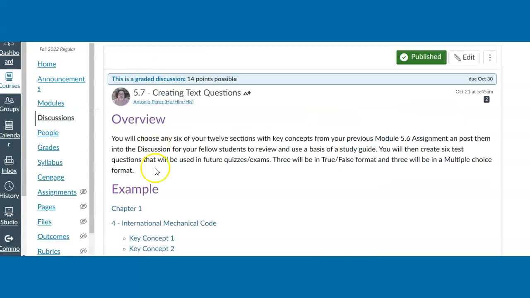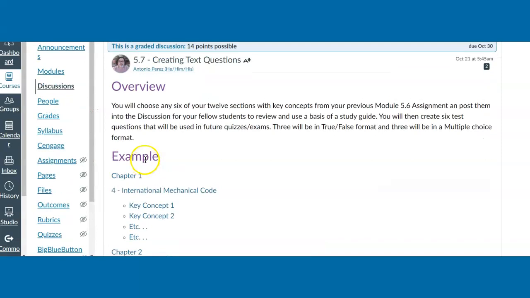And in the assignment, it asks you to first